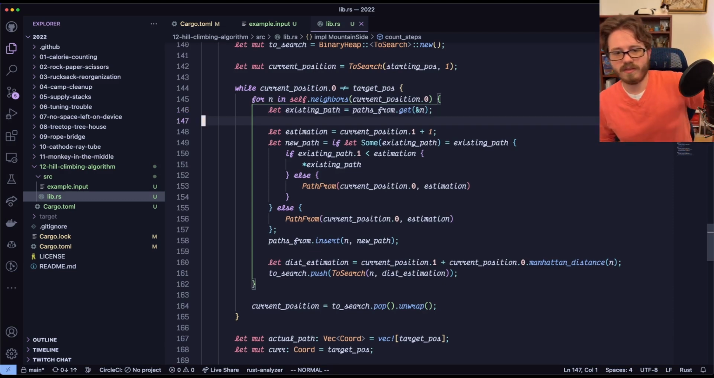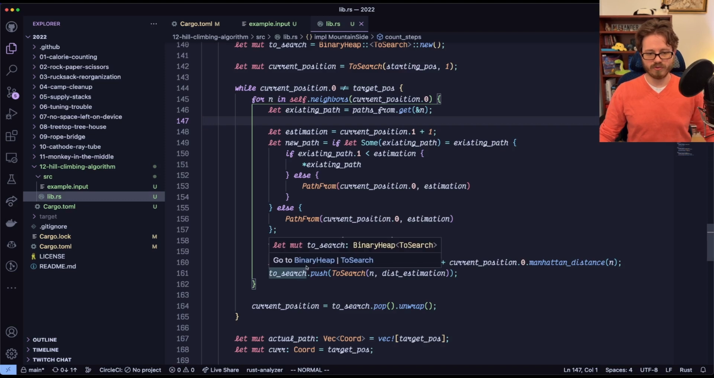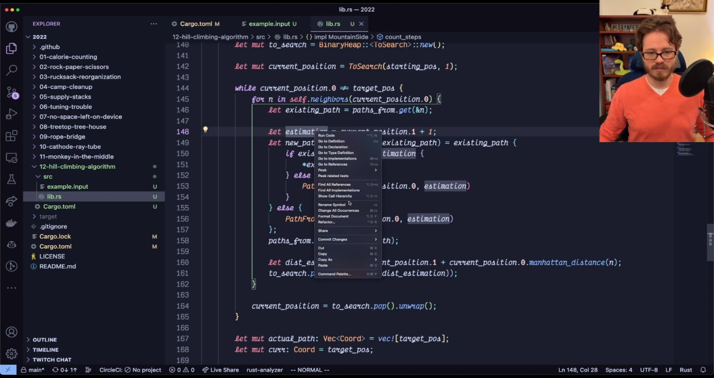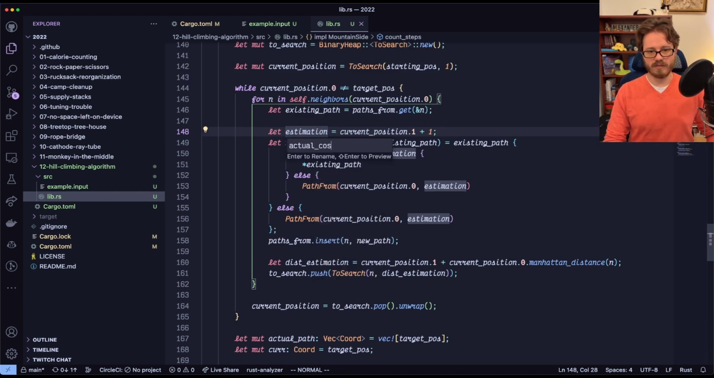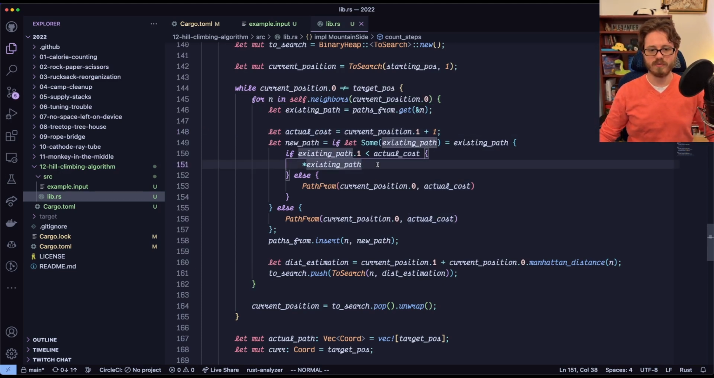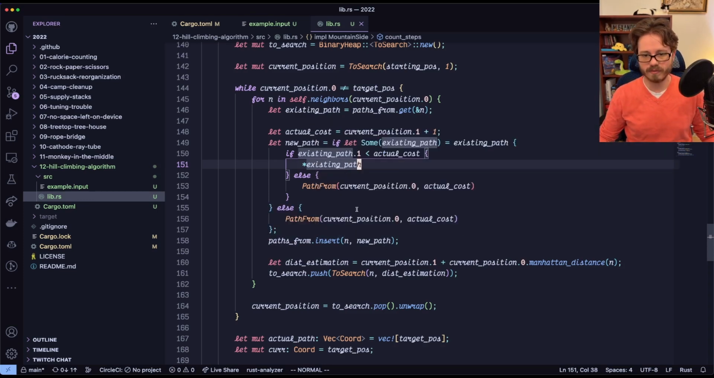And this has nothing to do with the estimation for this one. I feel like I'm missing a Manhattan distance. Or here's distance estimation for to search. Okay, so this is an estimation. This is actual cost. Actual cost is current position. Yep, that makes more sense. So if the existing path is less than our actual cost, we use the existing path. And this is paths from, so end to new path from, is current. This is actual cost. If we do a new one,